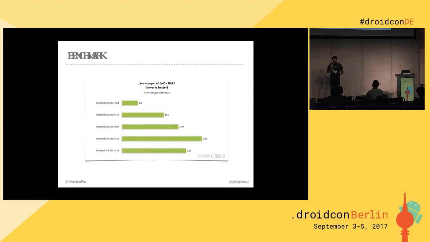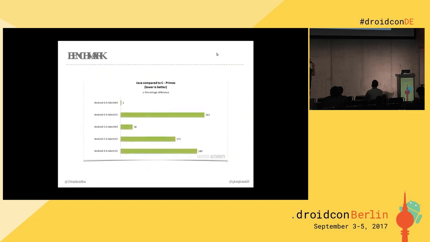It's so much slower that you can take a look at this data. It's from Android Authority, this benchmark. So it's 60% slower on Android 6. And then it depends on which kind of function you are executing. For instance, if you use the JNI wrapper, it's a little bit faster